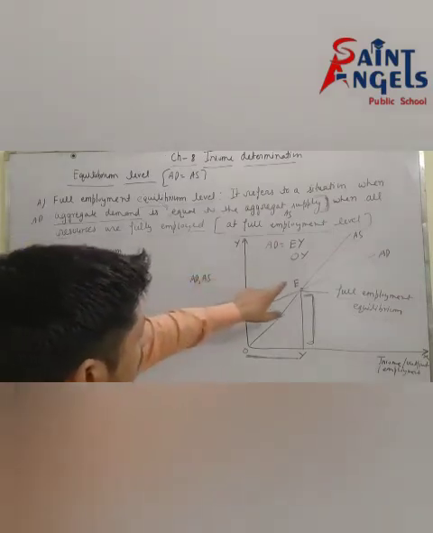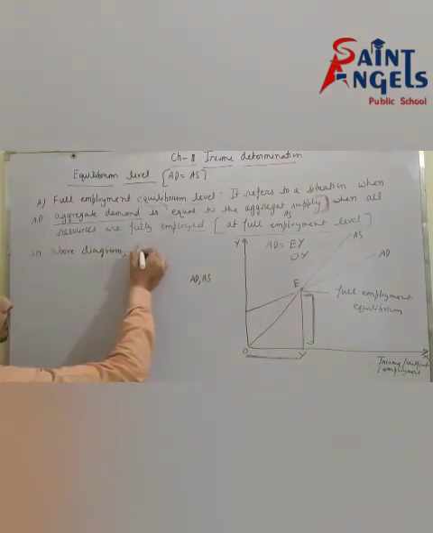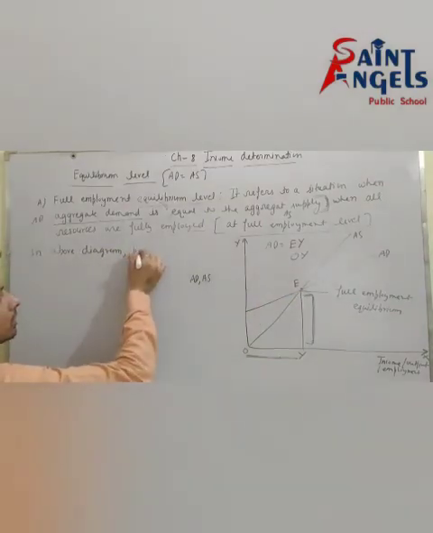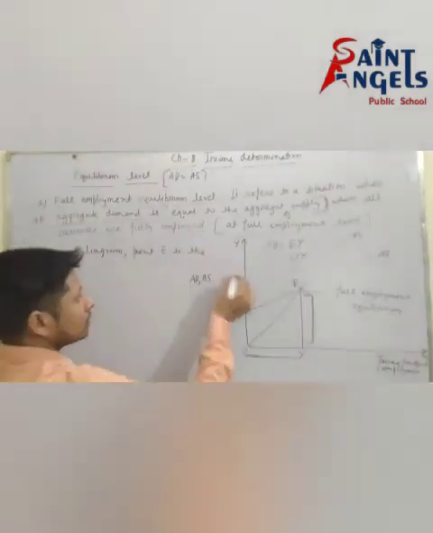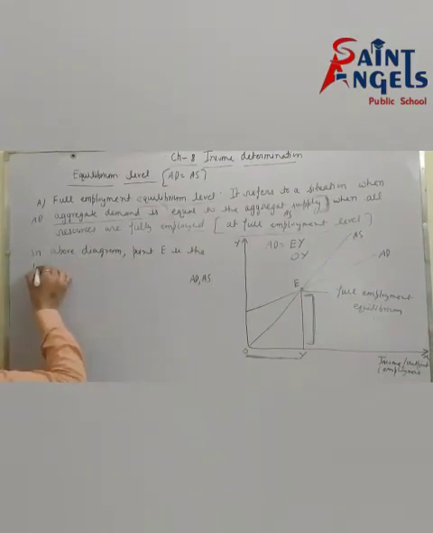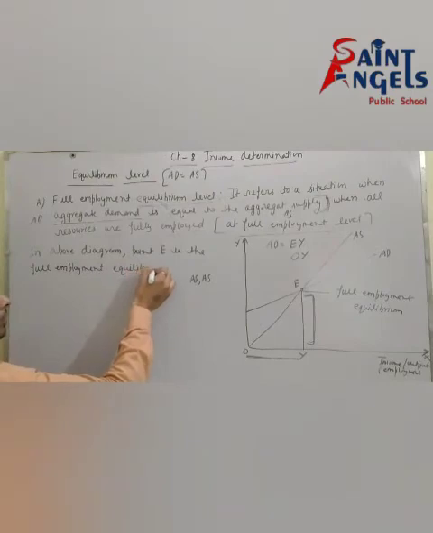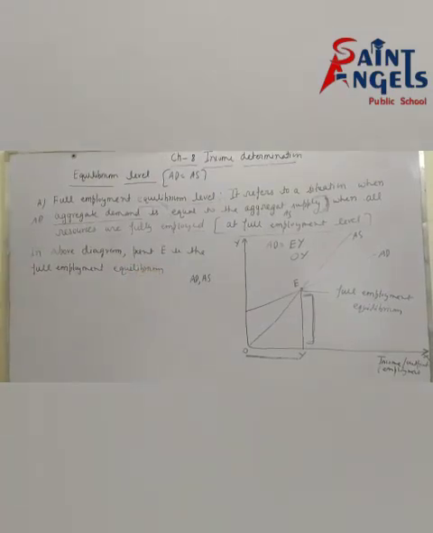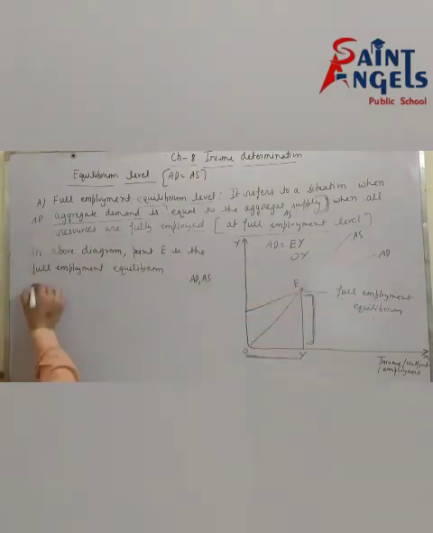In the above diagram, point E is the full employment equilibrium, because aggregate demand,